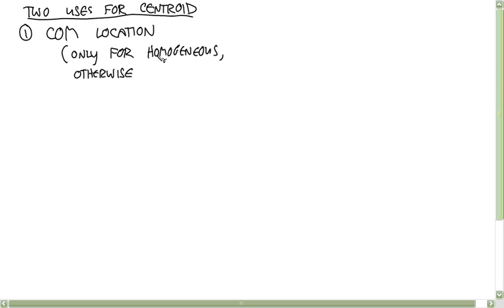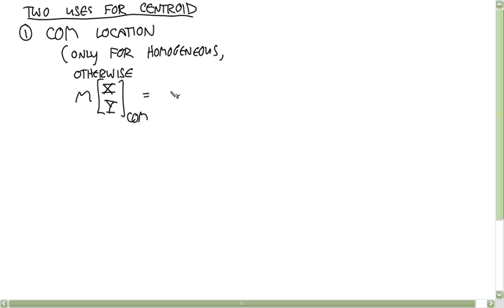Otherwise, you have the equivalent or similar formula that the total mass times the center of mass. Actually, no one uses that for center of mass, so I'll write it as capital X, capital Y,